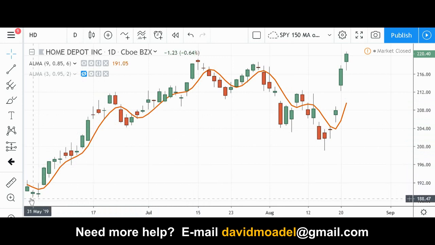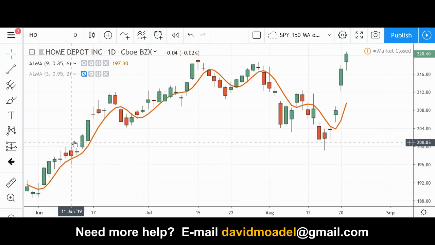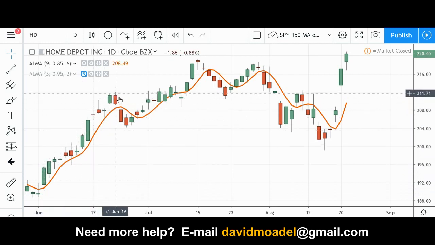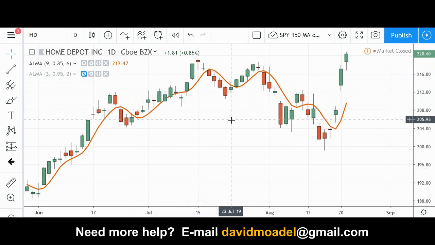Like, for example, if a candlestick closes above the line, then you can go bullish and buy and ride it all the way up and don't sell or go short until a candlestick closes below the line. And then don't buy again or go long again until a candlestick closes above the line, and then ride it all the way up and then sell or go short when it closes below the line, and so on and so forth, okay?